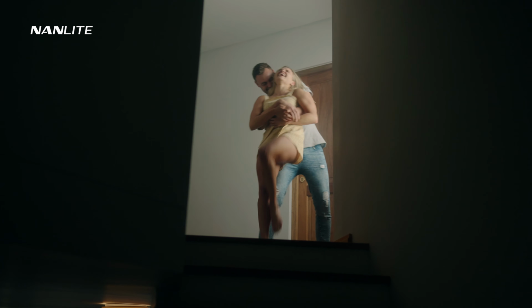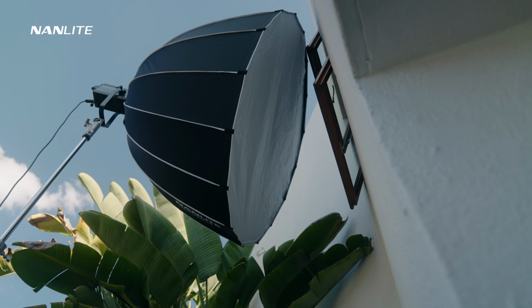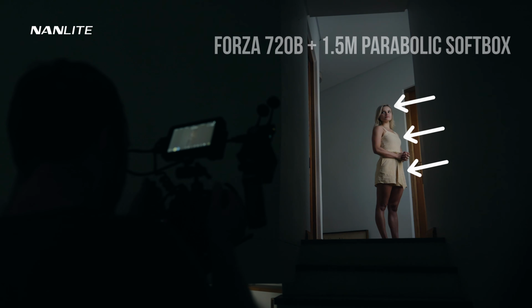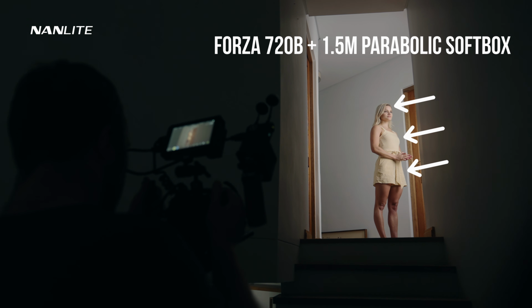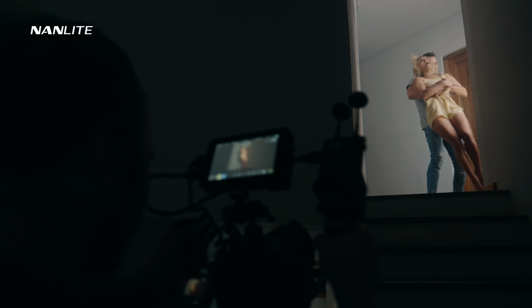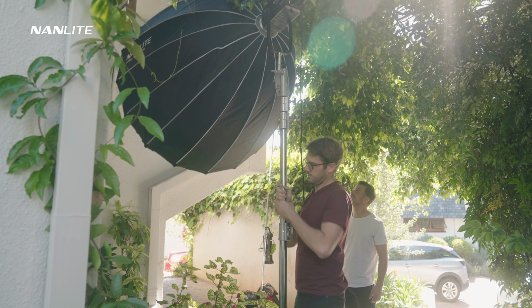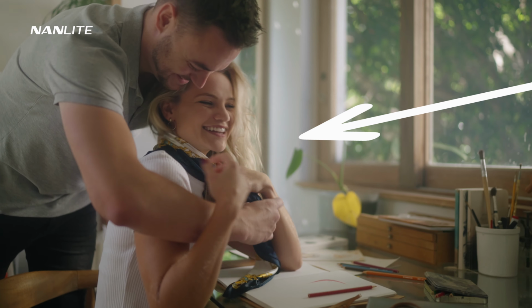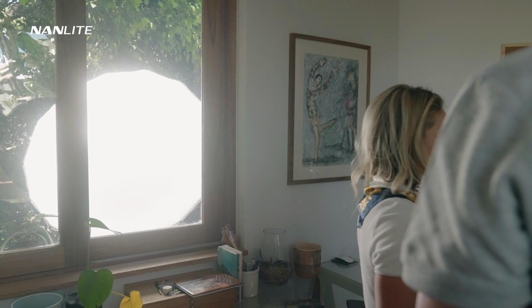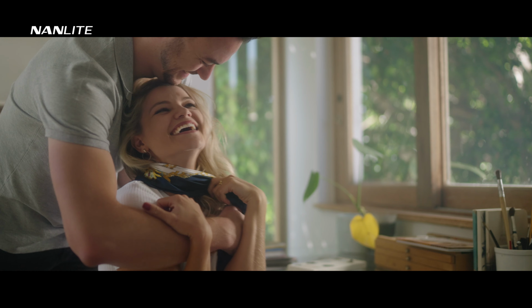Another simple setup is this fun shot in a hallway using only the 720B. We set it up on a 1.5 parabolic softbox against the window from the outside, giving us a nice soft source, and again shooting shadow side, creating depth. I used the same softbox outside the window in the studio scene, and even though there's already a lot of daylight coming in, the Forza 720 is strong enough to create this beautiful rim on the face, adding depth to